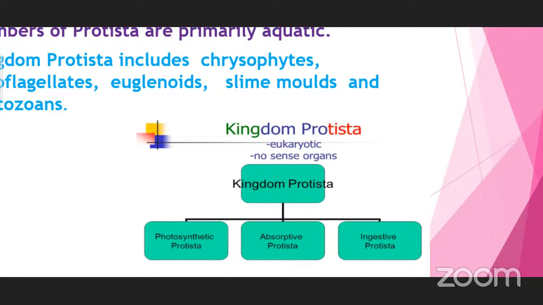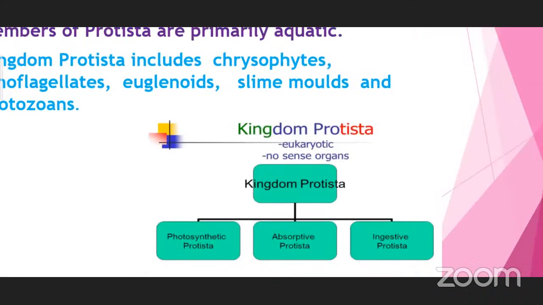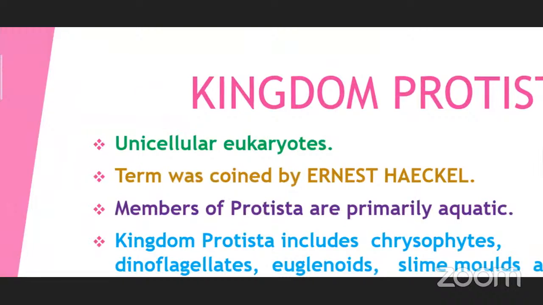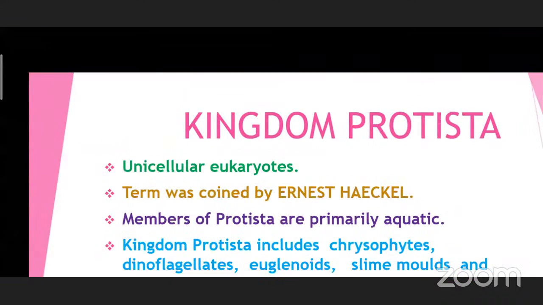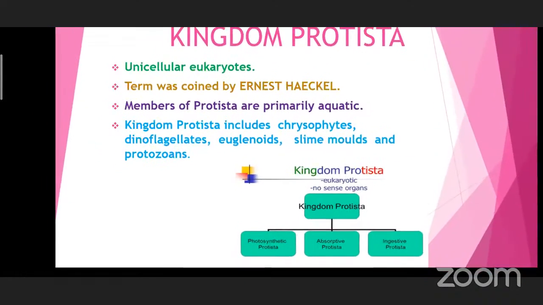Just hold on and think about the five kingdom classification. In that you have the third, fourth, and fifth kingdoms: Plantae, Fungi, Animalia. So the same thing you can see here. You may get a doubt here: why are these not placed in Plantae, Animalia, or Fungi? There is a reason, and that reason is nothing but this unicellular feature. This is unicellular, not multicellular. So the single cell eukaryotes are placed in this Protista.